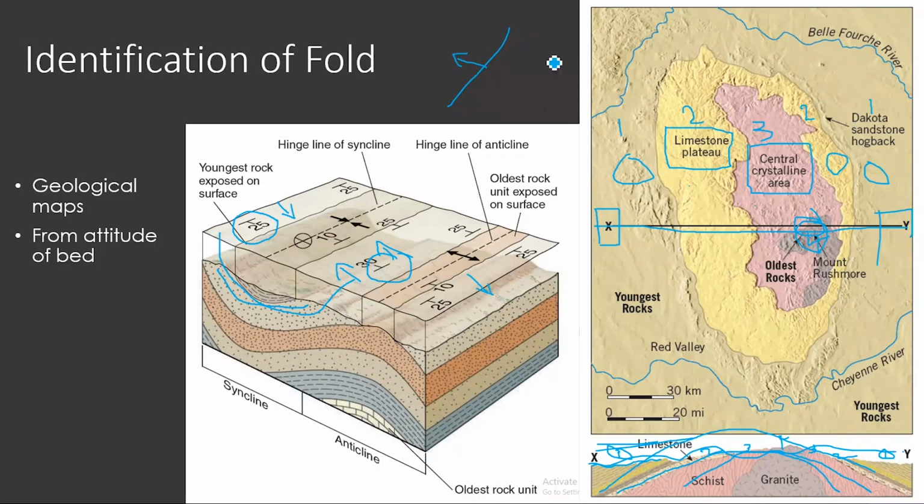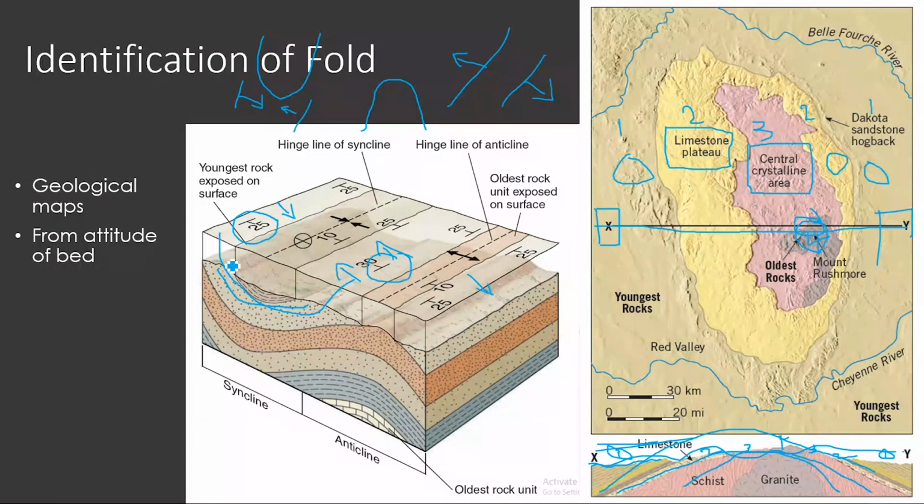So here, this symbol represents which kind of fault? This is an anticlinal fault. And if you find the symbol this way, that means the strike is parallel but dipping towards each other, which indicates a synclinal fault. So when we find out the attitude of the beds from different areas of a geological area,